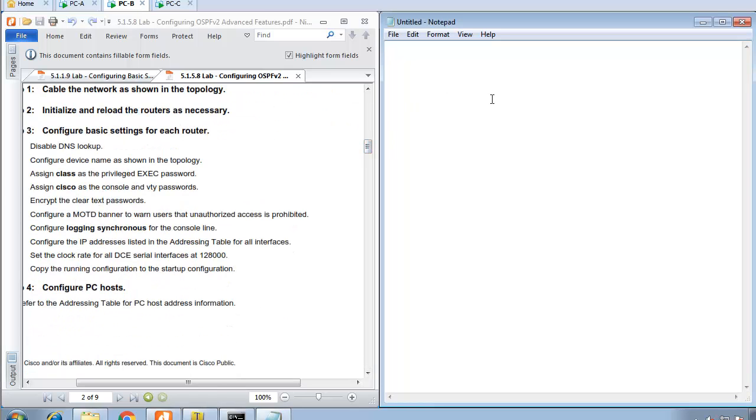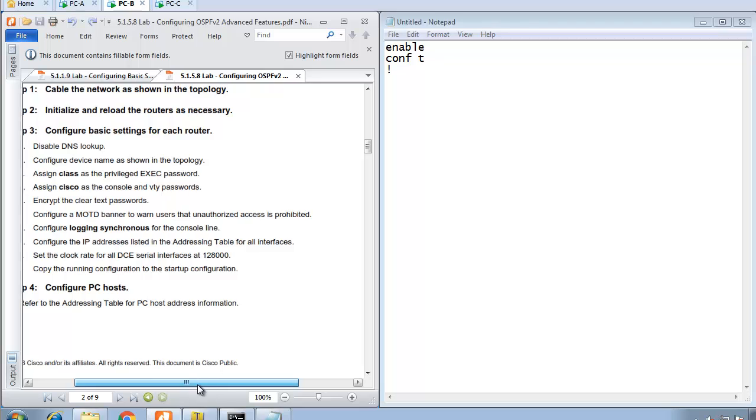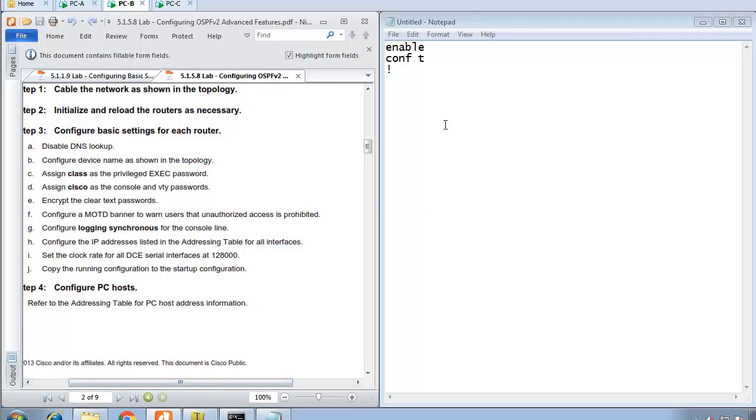So first I type enable, then config t for all of them. Then it says disable the DNS lookup. Step 3, section A, disable DNS lookup. So no ip domain-lookup. Step 3, section B, configure the device name as shown in the topology. So we have a hostname, it's going to be R1. Assign class as the privileged EXEC mode password. So enable